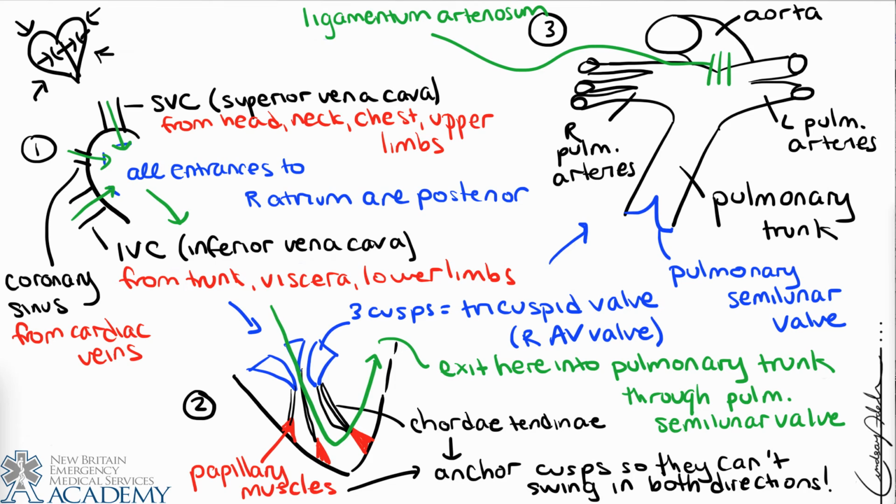But during fetal circulation, there's a hole that allows for blood to flow between the pulmonary trunk and the aorta. After birth, that hole is going to close, and it actually just becomes this ligament that connects the pulmonary trunk and the aorta. And just a little tidbit on the significance of the ligamentum arteriosum in trauma, particularly an